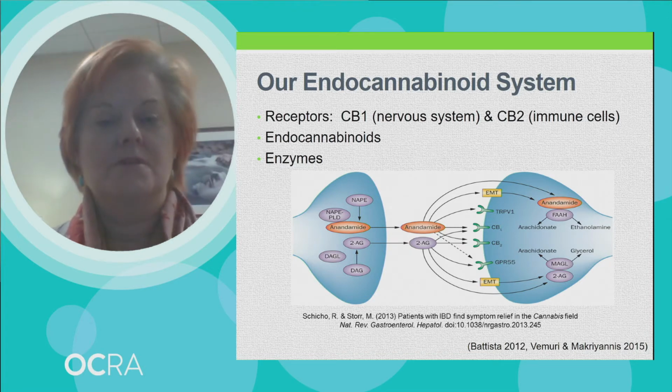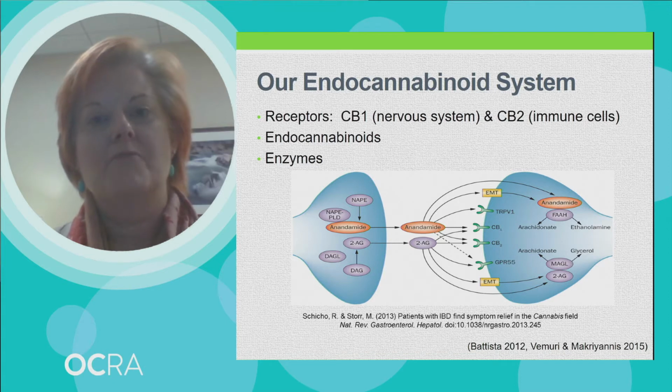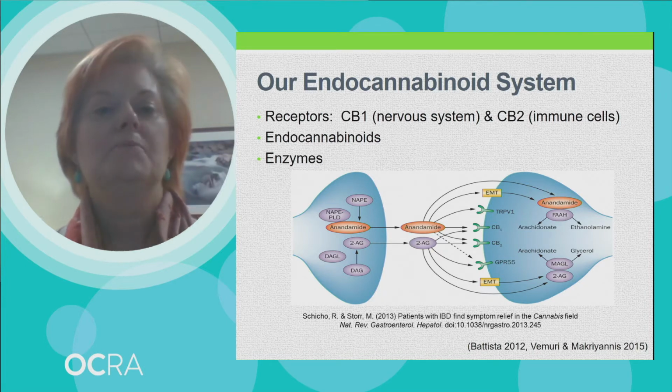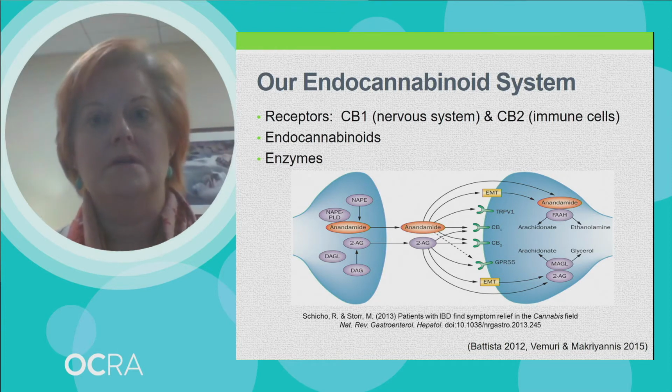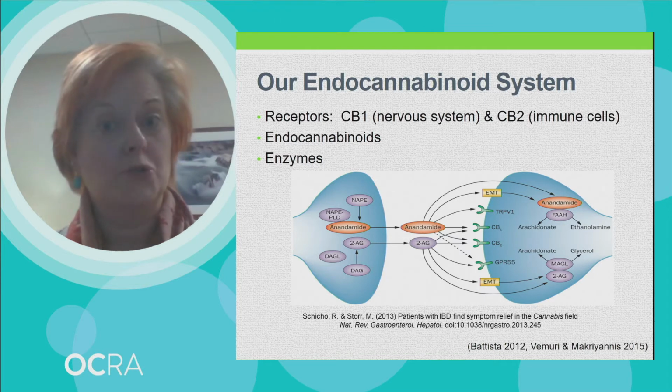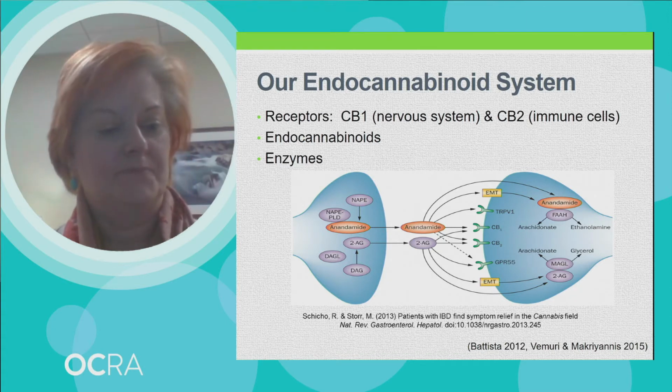Another part of this system is something called endocannabinoids. And endocannabinoids are internally produced chemicals that have been dubbed cannabinoids because they're very similar to chemicals that are found in cannabis. And finally, the third part of this system are enzymes that either bring our internal cannabinoids into being, help them be produced, or actually get rid of them when they're no longer needed by that system.